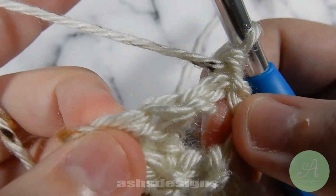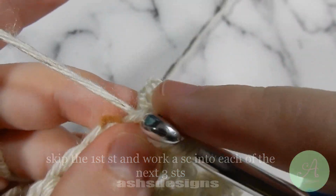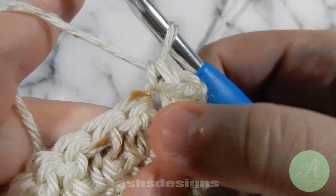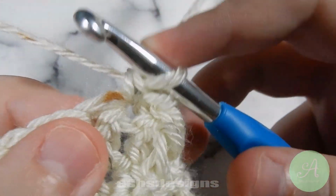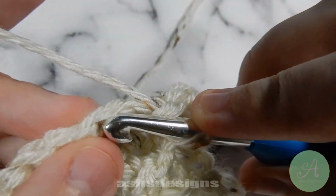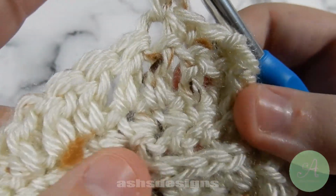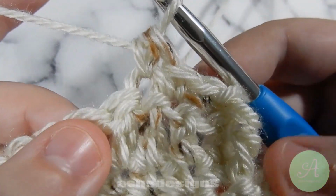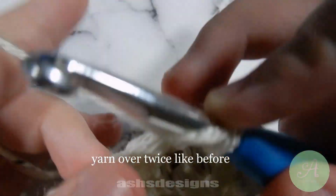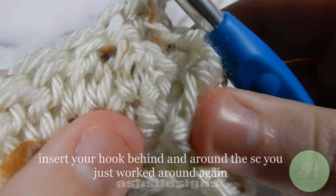So now you'll skip one stitch and then work a single crochet into the next stitch and then into the next 2 stitches. So you'll be working 3 single crochets. So these are just like normal. Okay, so you'll yarn over twice again, insert around that same single crochet post you just worked around, and then